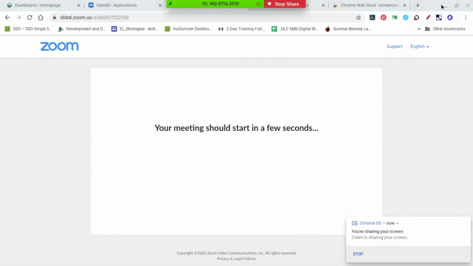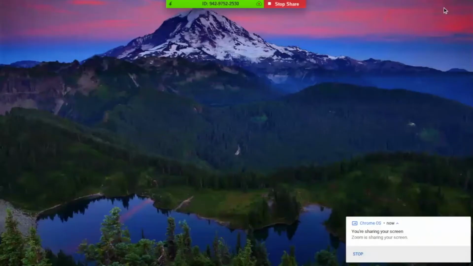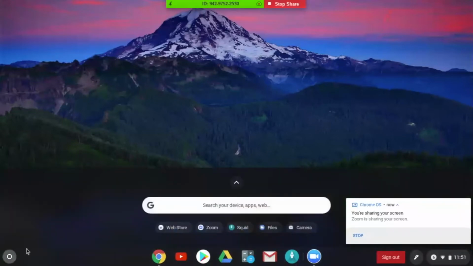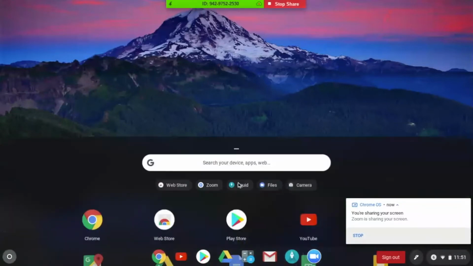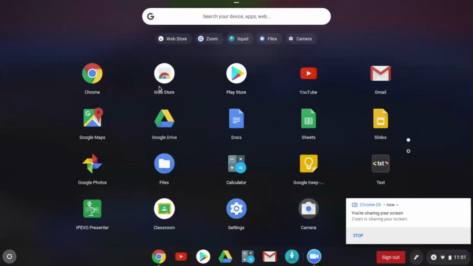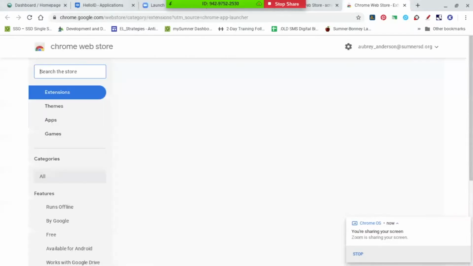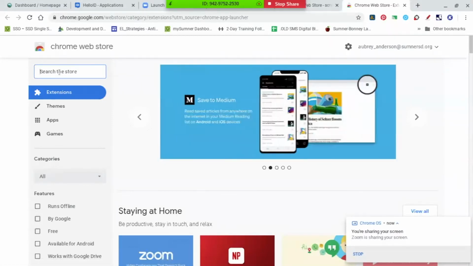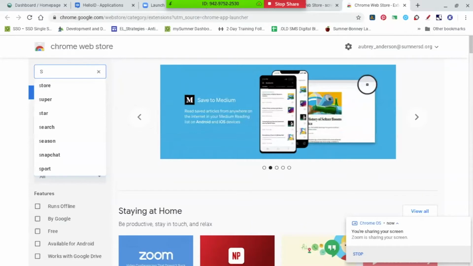Hello, we are going to talk about how to install Screencastify onto your Chrome browser. Screencastify is actually an extension. So you're going to go down to your bottom and find the web store, not the Play Store, but the web store, and click that. It should automatically have extensions highlighted, but if it's not, make sure you click extensions. In the search tab, you're going to type in